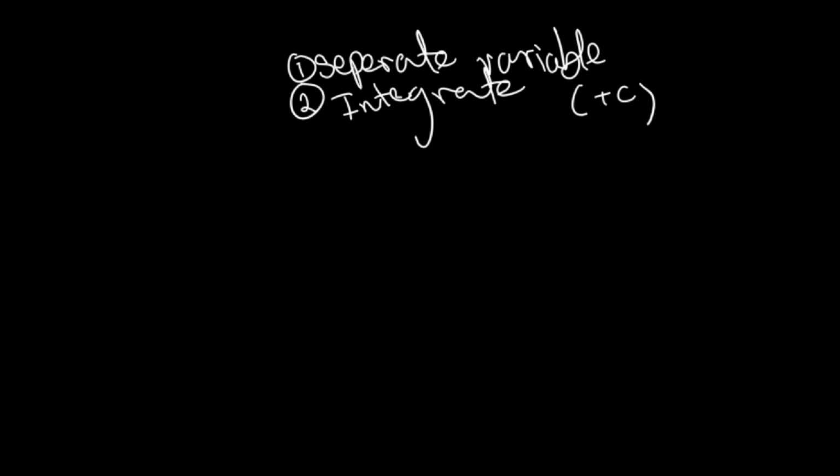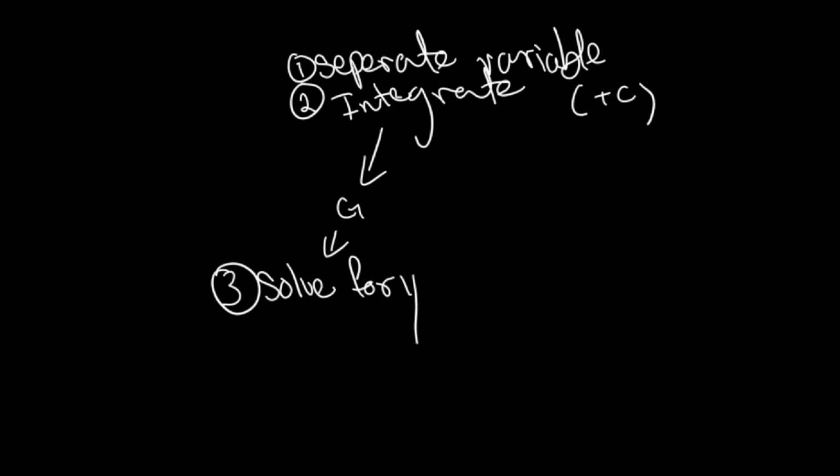Now, after integrating, depending on whether you're finding the general or a particular solution, this is where things can split apart. If you're given a general solution, so we'll write G for general solution, then you go into step 3 of just solving for y. This is where you just isolate your equation to y. However, if you are given a particular solution, we'll say P for particular solution,